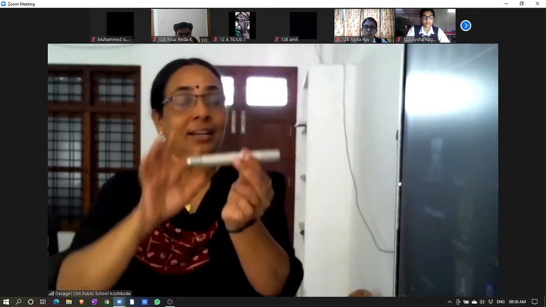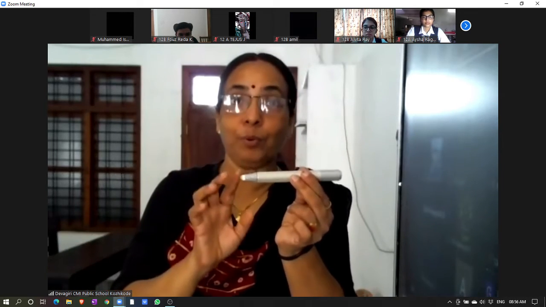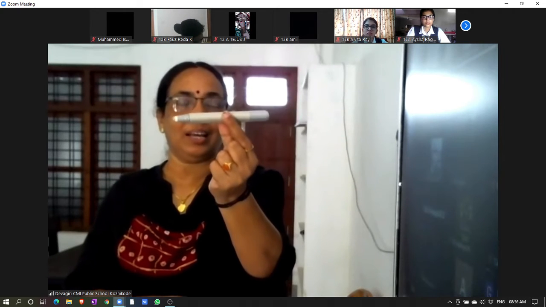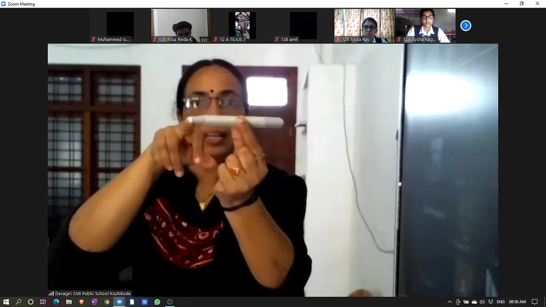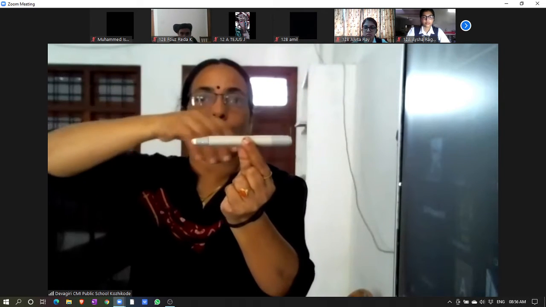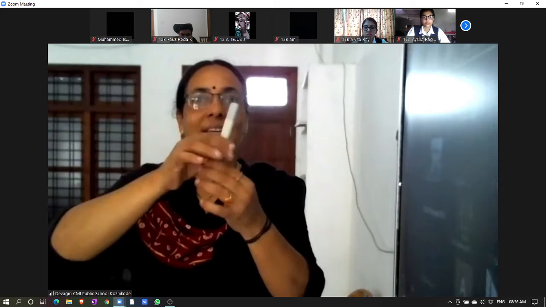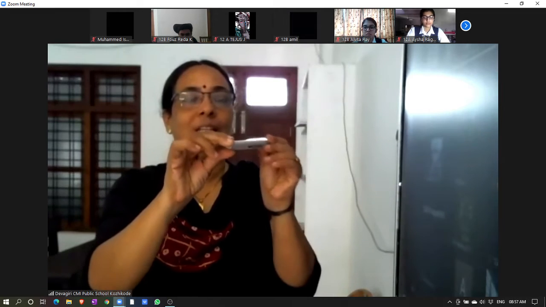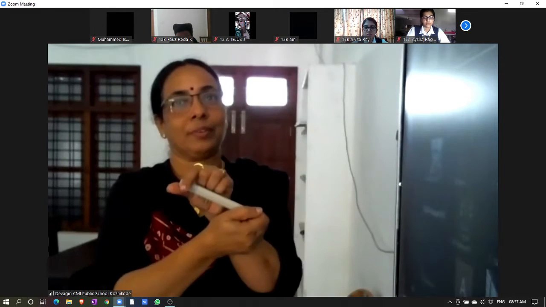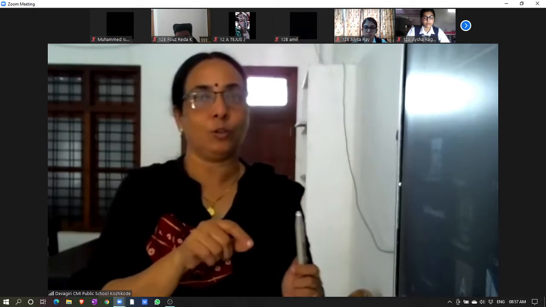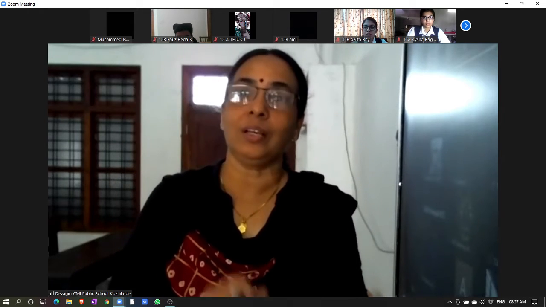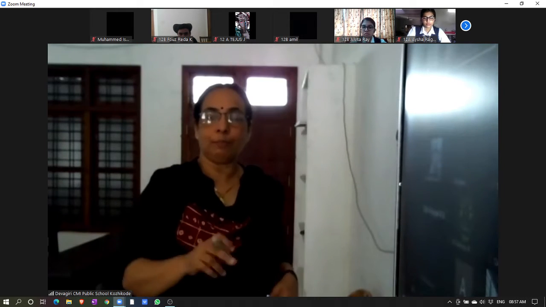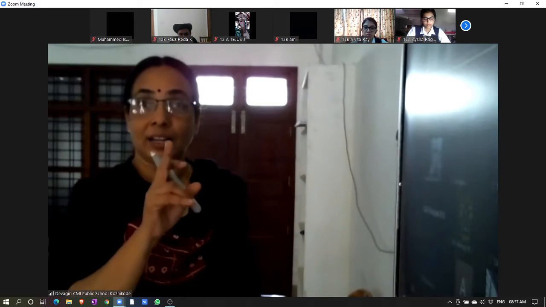But it doesn't mean that the dipole stays still. If I take a pen or a scale in your hand like this, and if you push one end and pull the other with equal force, you can see that it starts rotating. If I pull it this way and push it like this, it starts rotating. So there is no translatory motion, agreed, but it undergoes rotatory motion. So what is the conclusion? A dipole kept in a uniform electric field undergoes